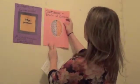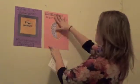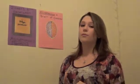Now, before I go into the specifics on the Pentium processor, it's important to understand exactly what a microprocessor is. A microprocessor, otherwise known as a central processing unit, is where tasks of the computer are controlled and operated. So in other words, it's sort of like the brain of a computer. And before I go more into that analogy, there are a few microprocessors that came before the Pentium that it's